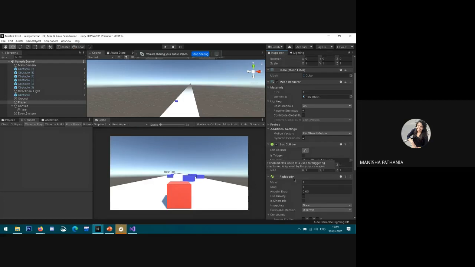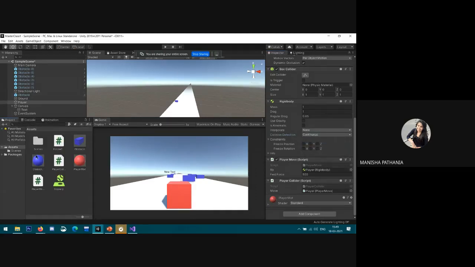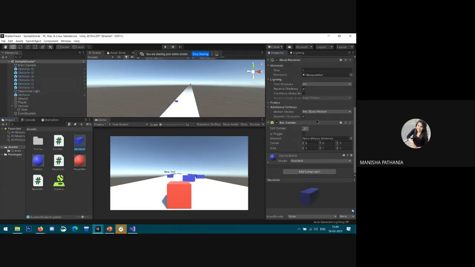Here is a collision detection option. You need to set it to continuous for player as well as obstacle also.